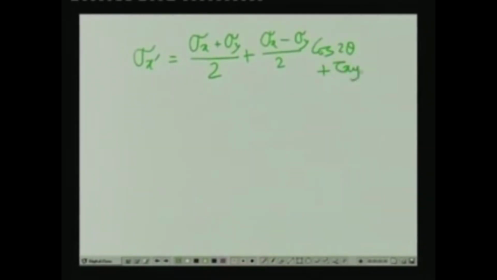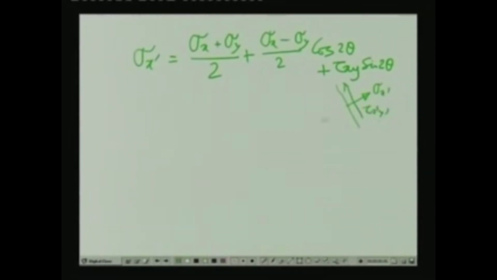Now, if you remember the transformation equations on any plane, sigma x dashed is equal to sigma x plus sigma y by 2, the normal stresses, plus sigma x minus sigma y by 2 times cos 2 theta plus tau xy sin 2 theta. Now, in this particular problem, the stresses on the inclined plane are given, which are sigma x dashed and tau x dashed y dashed,